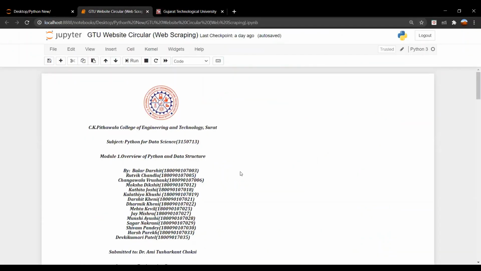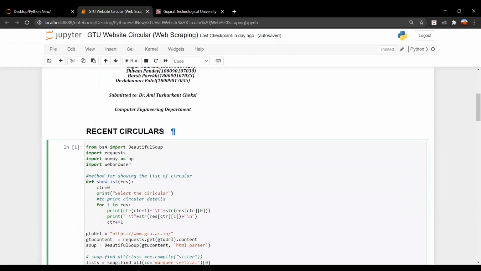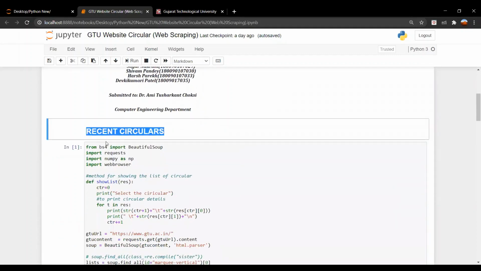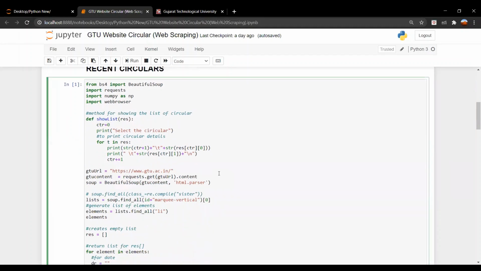Now coming to the code, first is the recent circular section. We can easily understand the code from the output, so we'll see the output first.